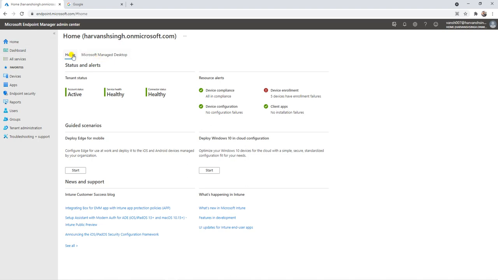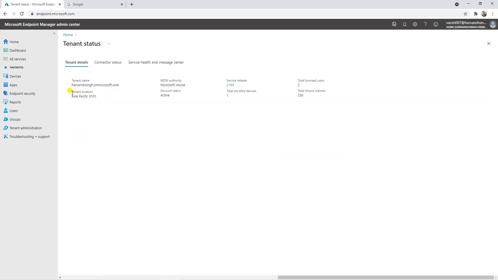On the home page, you can see the account status is active, the service status is active, and the connector status is showing healthy. If it is not showing healthy, or inactive, or any other status, you can click here and get the details.